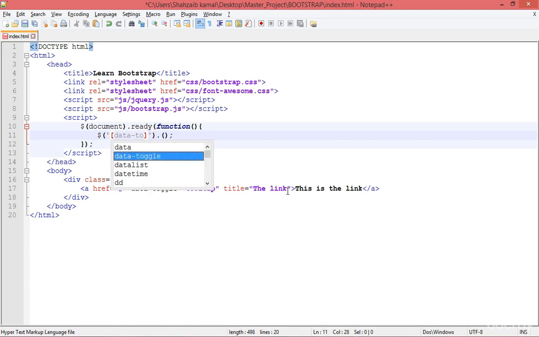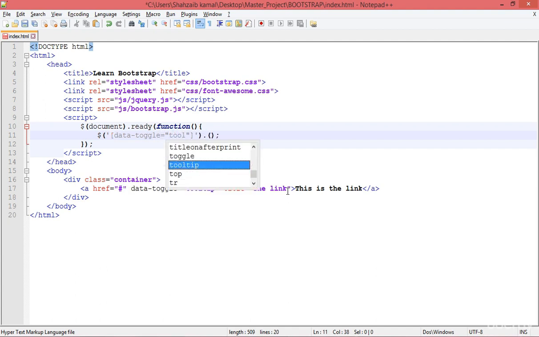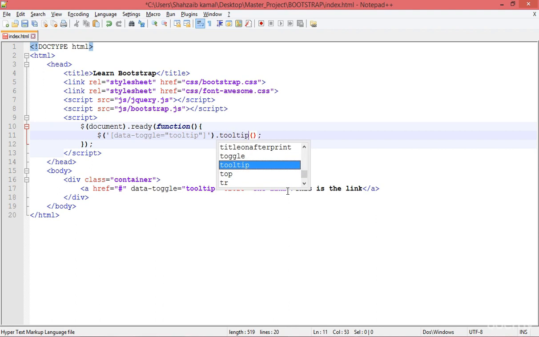data toggle equal to tooltip. Now one thing more I want to make clear: I use the double quotes inside if I use the single quote outside. Don't forget that if you're using the single quote outside, use double quote inside. And now save, and after this one, just put the tooltip and save and go to the browser, and